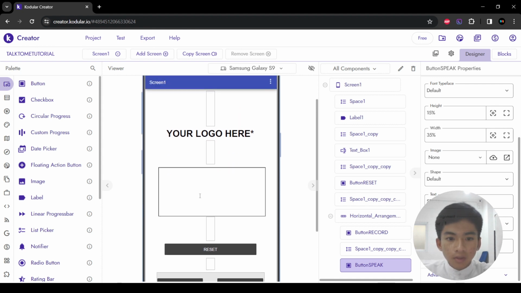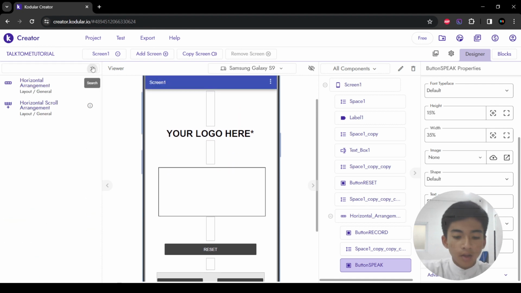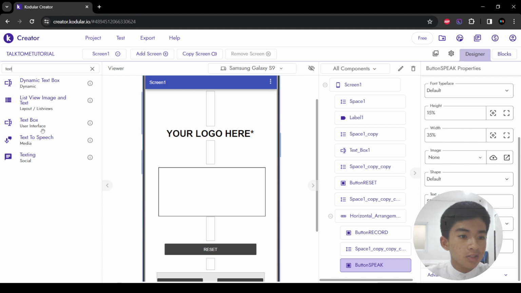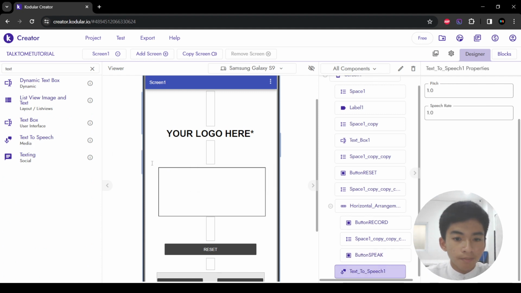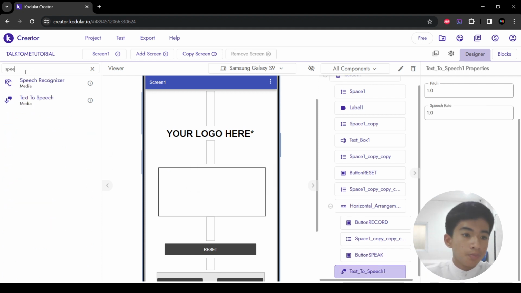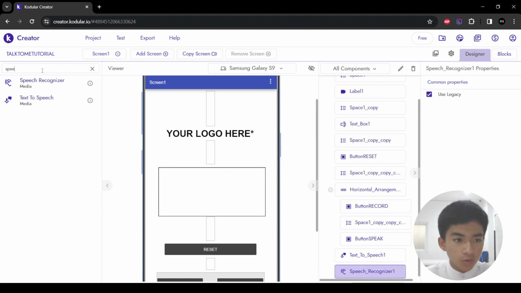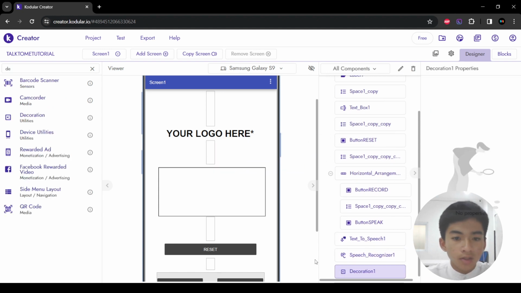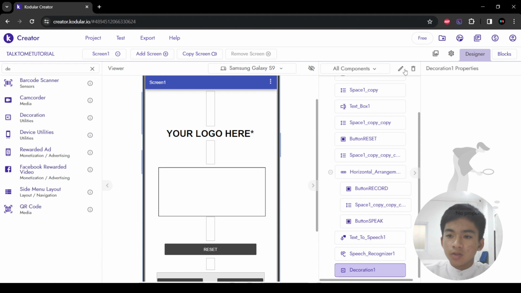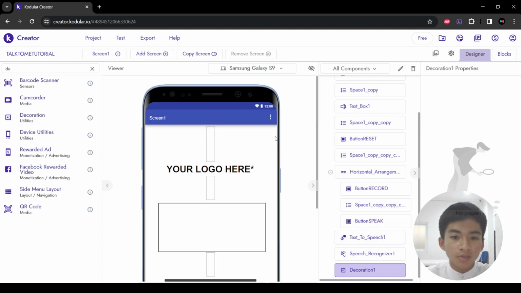And now we're gonna continue. Oh yeah, don't forget to also add a text-to-speech media, also speech recognizer media, and also some decoration utilities. So yeah, that's basically it. And now we're gonna go to the